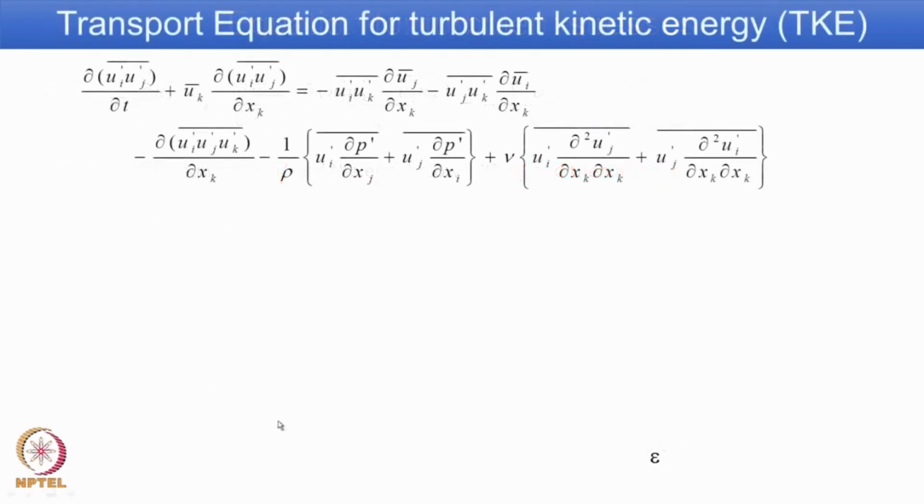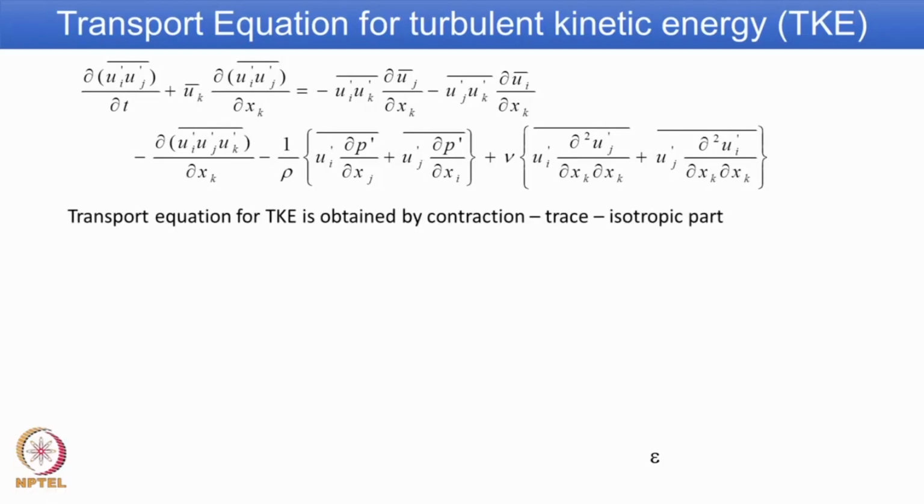So, this u_i' u_j' u_k' bar is a new unknown, and you can identify that by substituting values for i, j and k, you get so many unknowns. Actually, you get 27 new unknowns. Now, we understand the closure problem can never be achieved. So, there is an alternative way that we have to plan, and that is what we are going to see